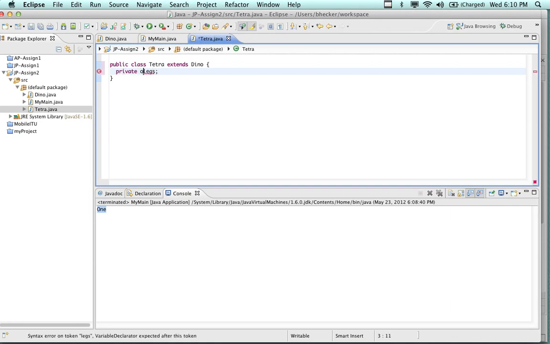What are legs going to be? Integers. Integer legs. So Tetra now has a couple legs in him. But he also has a name and he also has an age. So I can put in here,